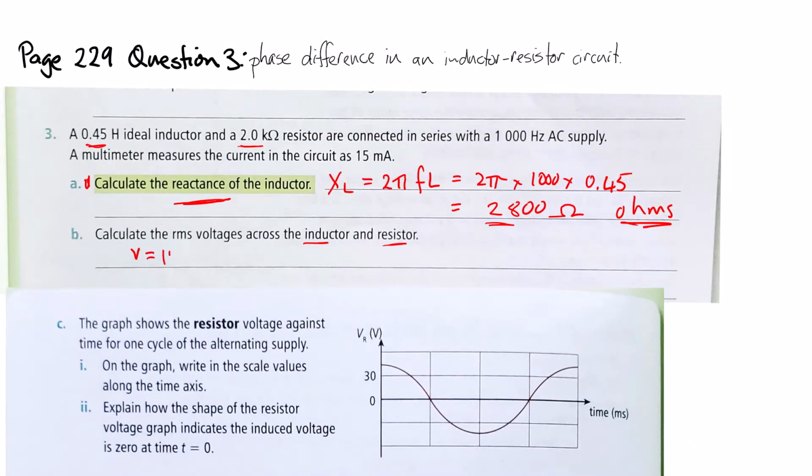V equals IR across the resistance, so voltage across the resistor is equal to 0.015, that's 15 milliamps, times 2000 equals 30 volt, and the voltage across the inductor equals current times the equivalent to resistance in the inductor, which is the inductive reactance, is equal to current times